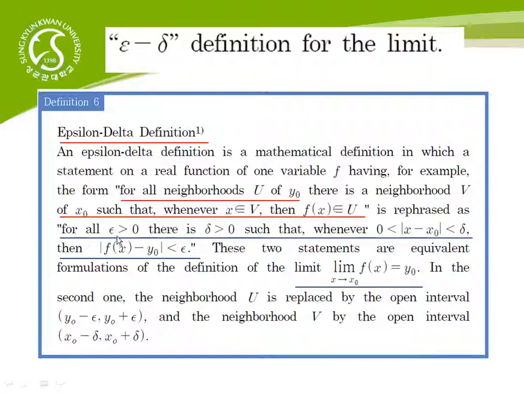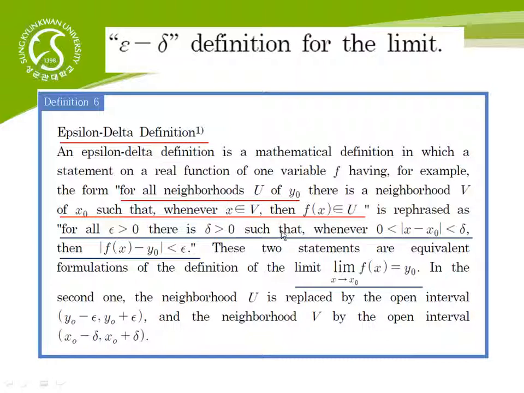For all epsilon bigger than 0, there is a positive delta such that whenever the absolute value of x minus x naught is between 0 and delta, then the absolute value of f of x minus y naught is less than epsilon. These two sentences are equivalent,